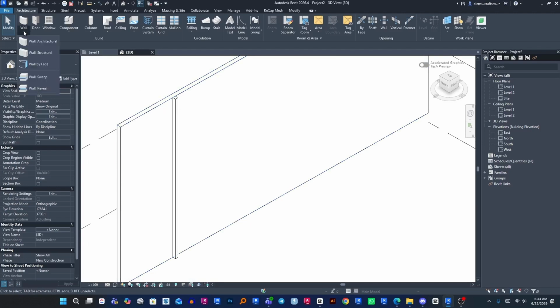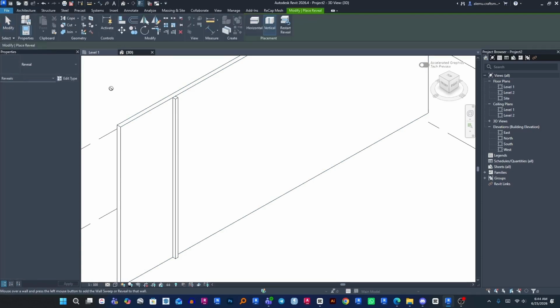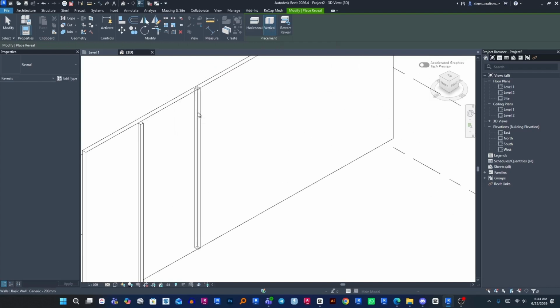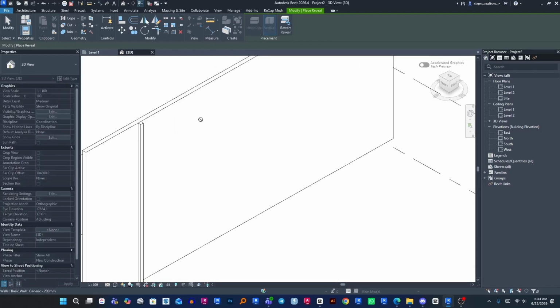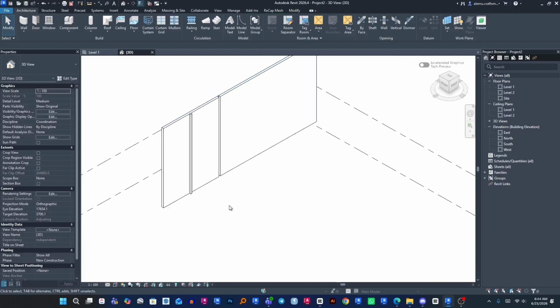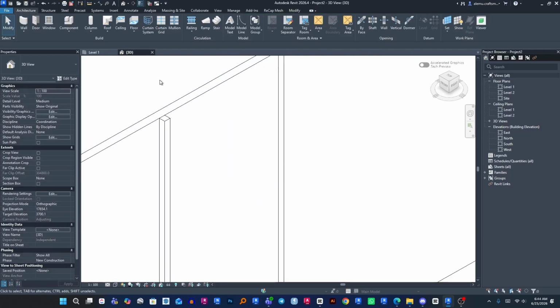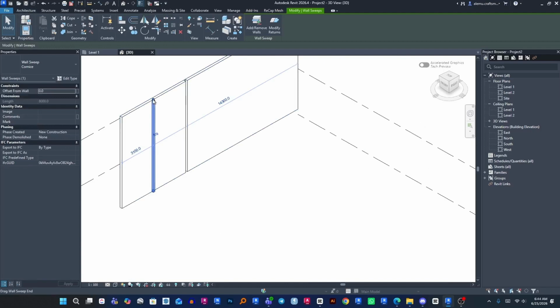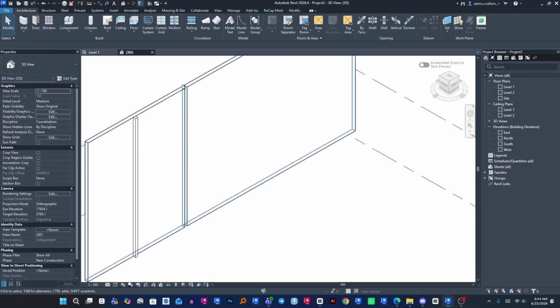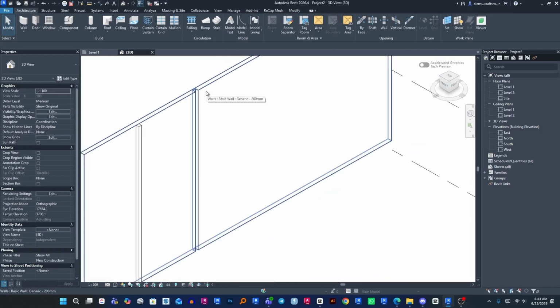To do the reveal, click the drop down here, click on wall reveal. I can change horizontal, vertical. I'm okay with vertical. Click once, escape. Here it is. I can edit by dragging the endpoints, and also I can create custom profiles